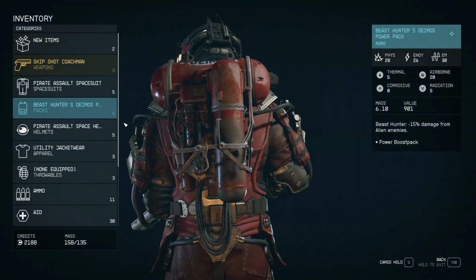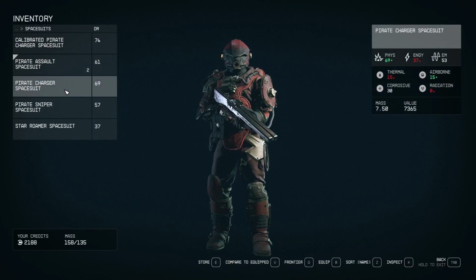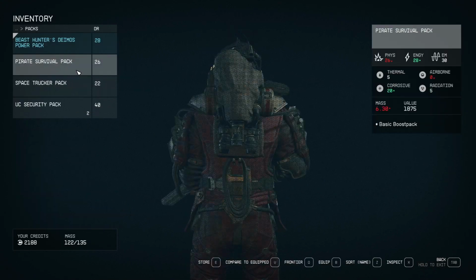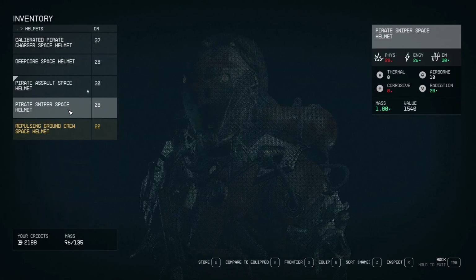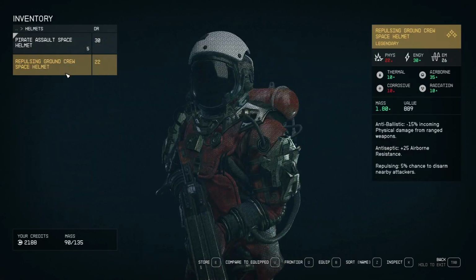So I'm gonna go ahead, tab, open this, open my inventory. I'm gonna go to my cargo hold, go back, and then I'm gonna go to spacesuits. I'm just gonna start transferring all this stuff into my inventory. And now, once you get into some place that you can buy and sell things, it makes it a little bit...